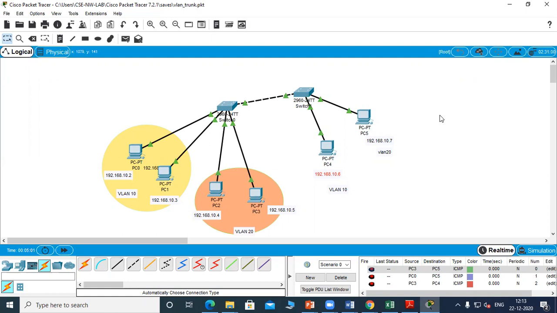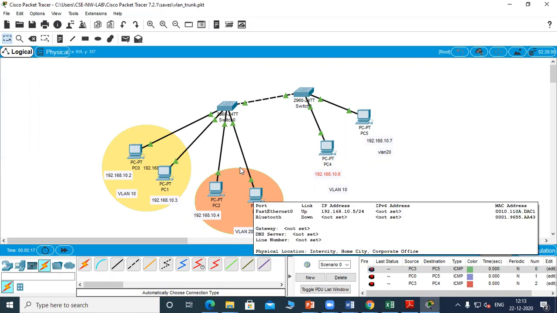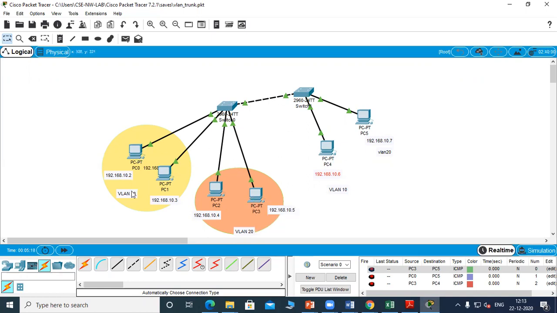In this session, we'll see the third part of the VLAN. So far, we have seen the VLAN connection, how two different VLANs can be created in the same LAN through the access links. So the link that is connecting to the PCs is called an access link. So you can see that there are two VLANs created, and based on this VLAN, the packets are separately forwarded by the switches.